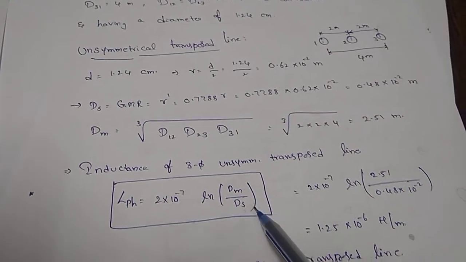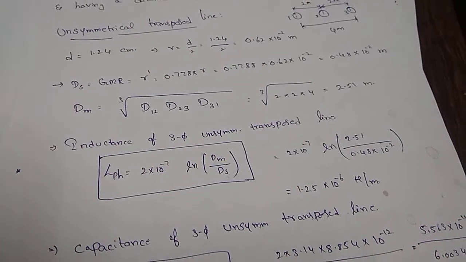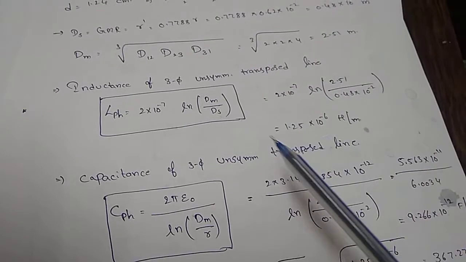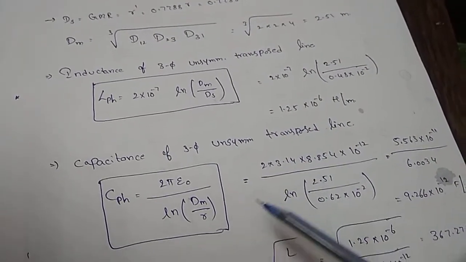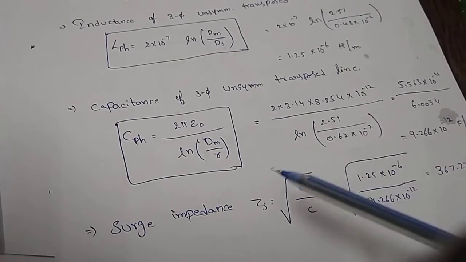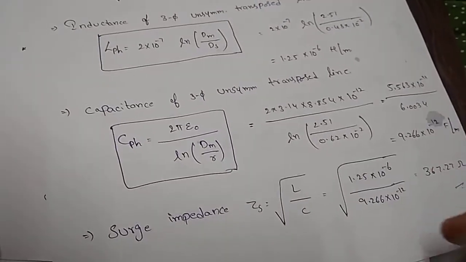Similarly, I apply for the remaining. Similarly, I am replacing that effective distance, or whatever the GMD value, in calculation of inductance and capacitances. I got these values. So once I got these values, inductances and capacitances, I'm replacing in the surge impedance. So please remember, up to this point I just gave how to calculate this in theoretical calculations. Our main intention is to write the coding in C language.